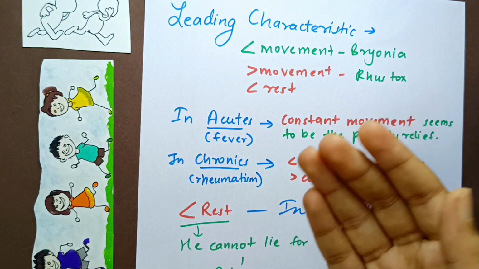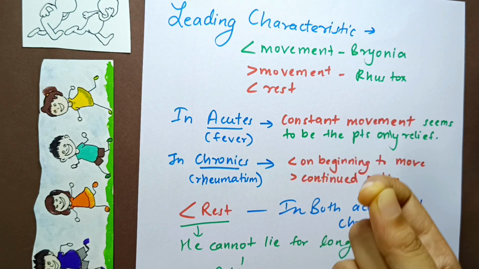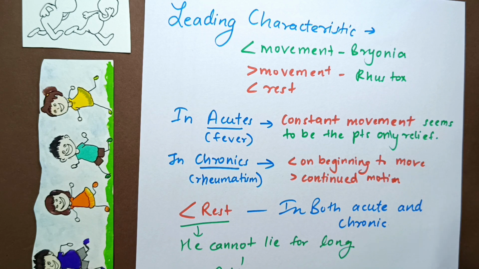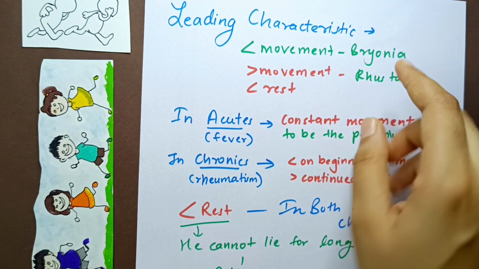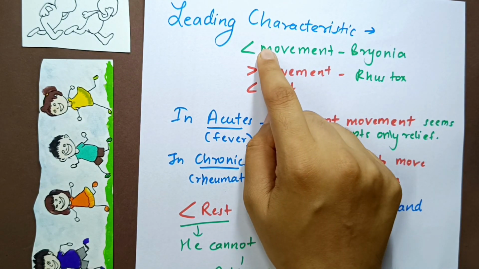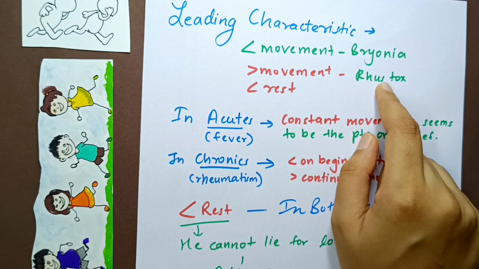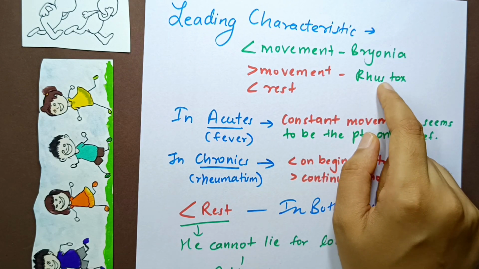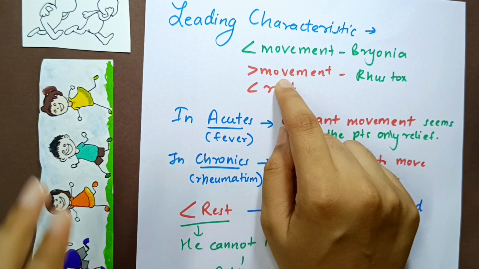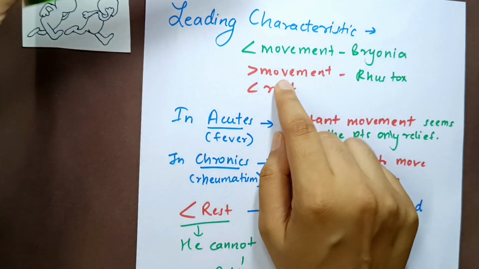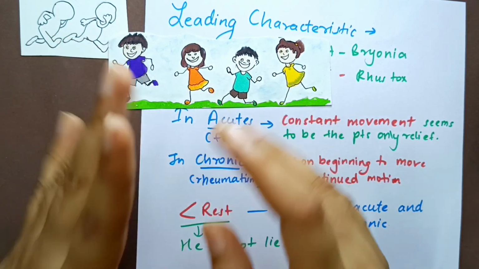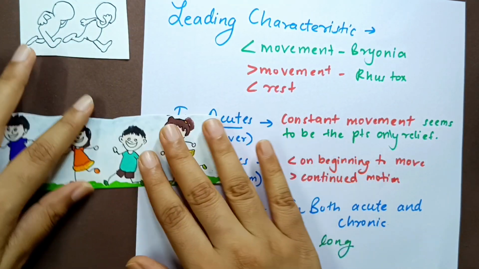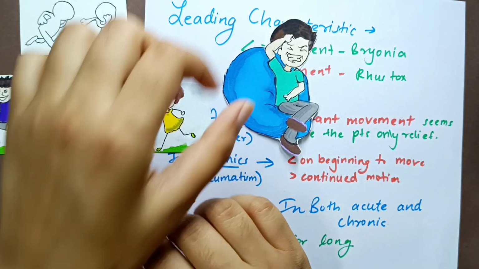Okay, so that is the sensitivity. That is how characteristic the symptom is. But in Rhus Tox, it is completely opposite. In bryonia, there is aggravation from movement and amelioration from rest. But in Rhus Tox, as we've just seen, they will feel better by moving. They will get relief when they move, so they want to keep moving because it will relieve them. They will keep moving until they're exhausted. And there is aggravation from rest.